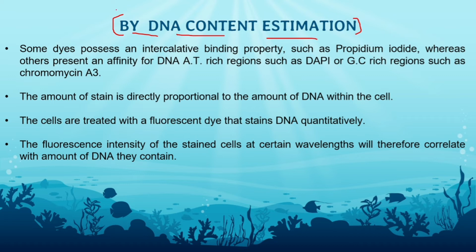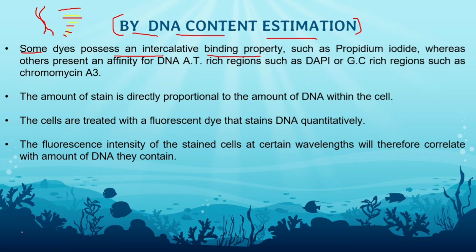So how we can do that? We use some dyes that possess intercalative binding property. Intercalative binding property means, like, the DNA double helix structure is formed of nucleotides. The nucleotides contain a nitrogenous base, phosphate, and ribose sugar. So when the bases are arranged like this, they are stacked, then the intercalating dye enters in between these stacked bases,